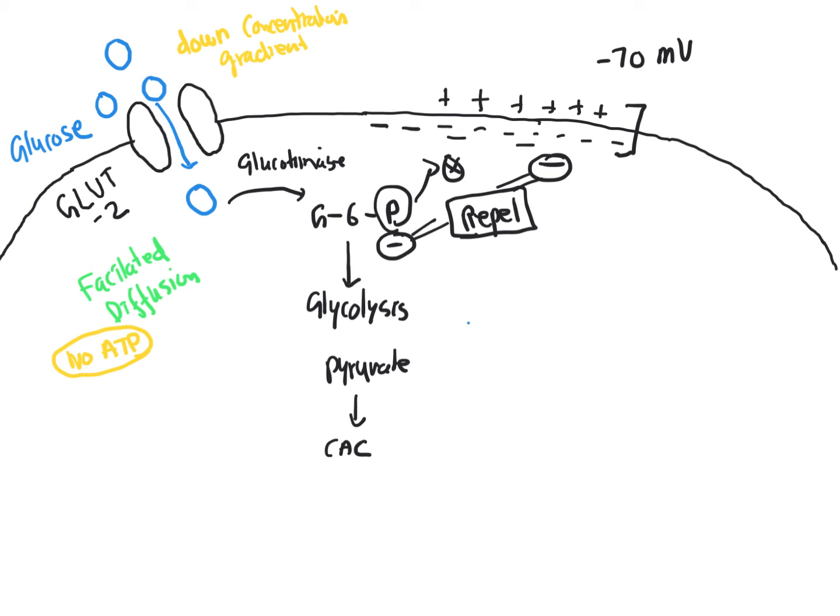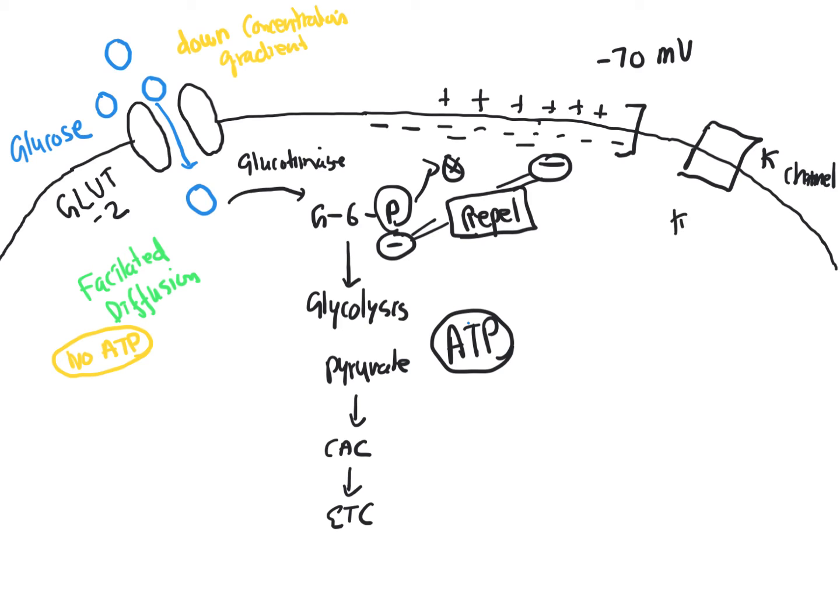Now note that the resting membrane potential is actually maintained because of the potassium channel. When the potassium channel is opened normally and the potassium leaves the cell, that's why we have negative 70 millivolts. And when more ATP is produced via glycolysis, citric acid cycle, and electron transport chain,